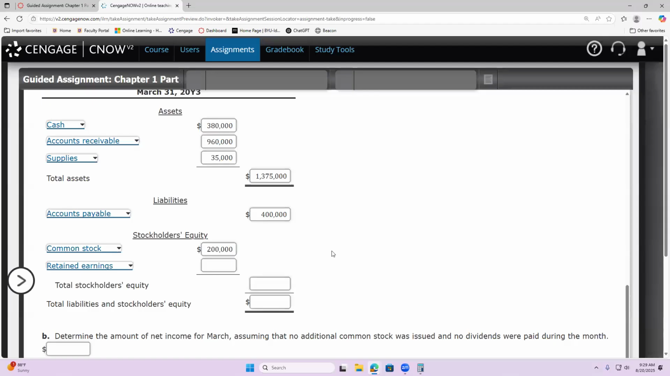All right. So I know then that my total liabilities and stockholders' equity should equal my total assets. So I'm going to take 1,375,000, put it down there. Then I can take 1,375,000 minus 400,000, and that will give me the total stockholders' equity, right? Which should be what? 900 and,